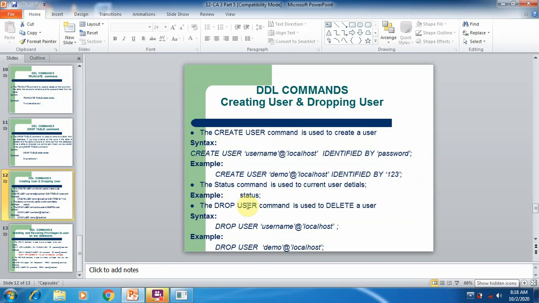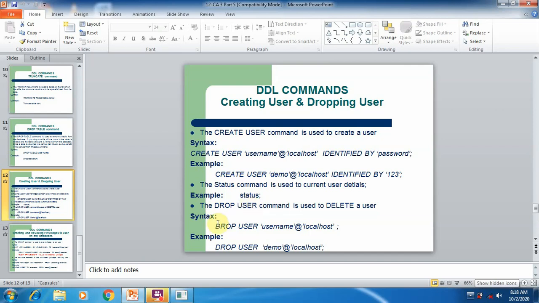So next command is drop user. So if you can create any user, then there is also an option to drop a user. So now I'm going to drop a user from the MySQL software. So here the drop user is also executed only from root user.